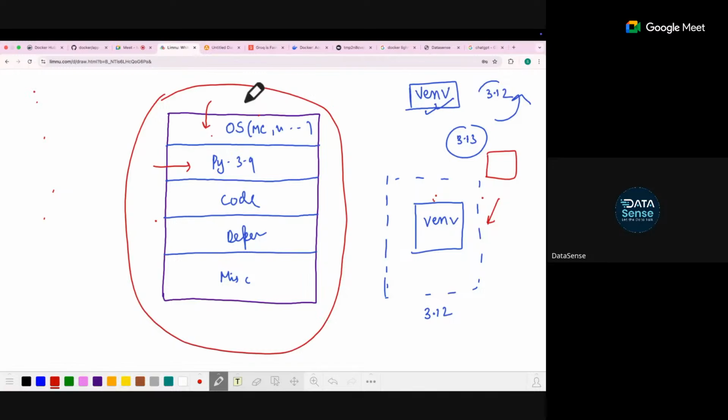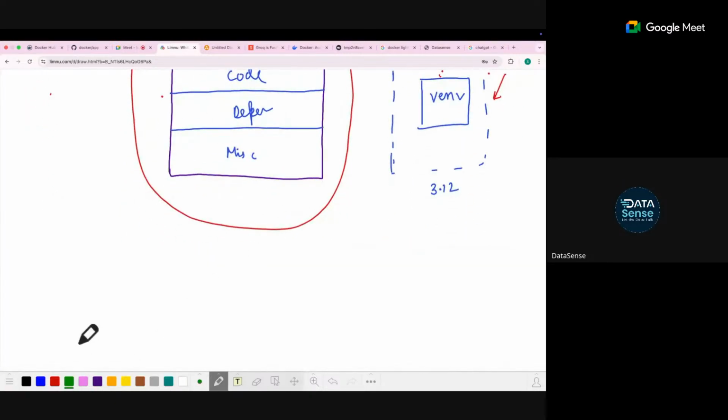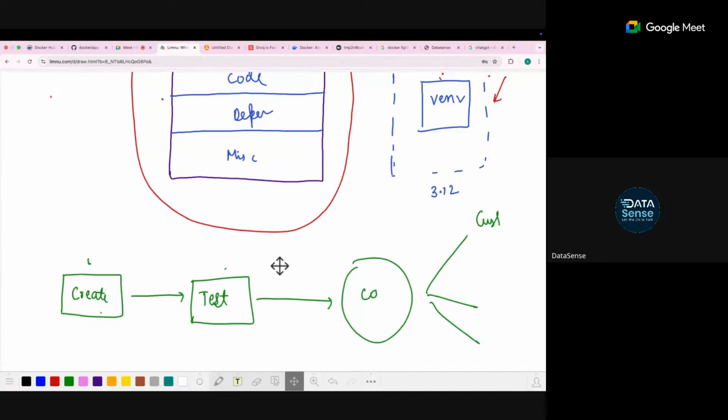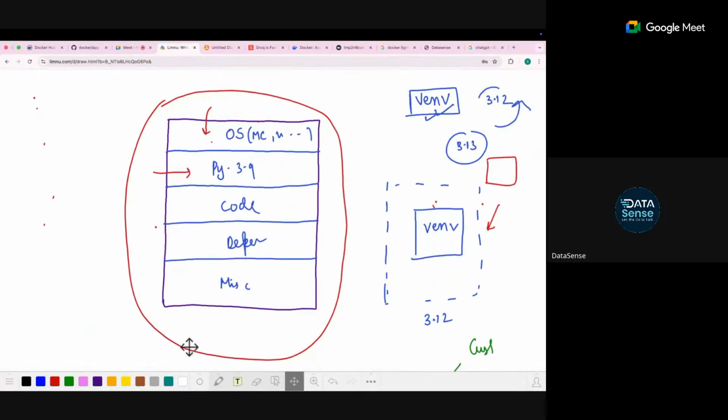Yes, exactly. So what will happen, as you know, in any company, let's forget about people, let's take a single company only. There's a person who will create a model, right? He's a developer. Then there is a person who will test it, right? There are testers in the company. Then it will reach some other company domain, right? And then it will reach customers. Okay. Suppose the developer created it on some version, but it is not working for the tester, right? That is also a problem. So how are we solving it? So what is the logic? How does Docker solve this problem?